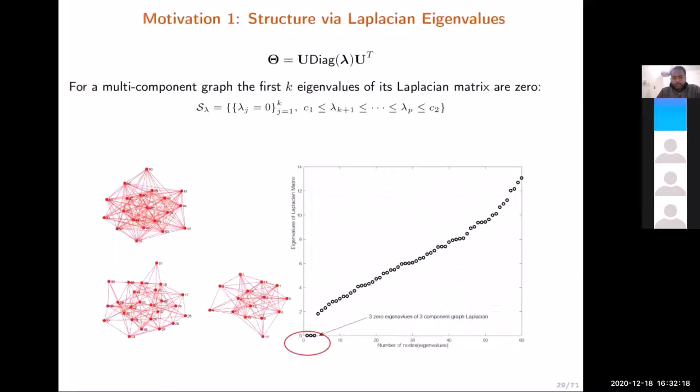Suppose we want to build a multiple component graph. A multiple component graph is one that can be partitioned into three disjoint subsets, such that in each partition the nodes are connected among the same subset. This information of multiple components in a graph can be directly read from the eigenvalues of the Laplacian matrices. Suppose there are three components in the graph, then the first three eigenvalues of the corresponding Laplacian matrix will be 0. And that is one example.